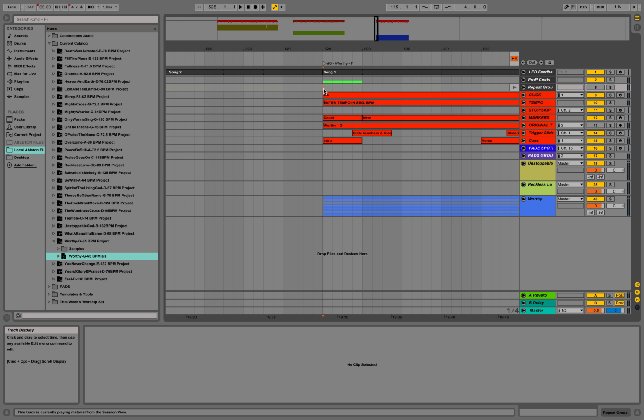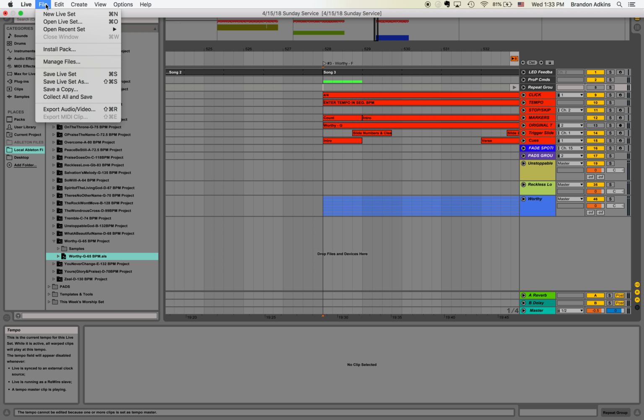And now we're pretty much done, but the very next thing that we need to do before we finish this section of the process, adding multitracks to an Ableton Live set in the process of creating a Sunday service, we need to collect all and save. We don't just want to save, so I'm going to go back up here, do File. Earlier I had you do Save Live Set As, which allowed us to name the live set appropriately, which is wonderful. But if I just do Save Live Set,